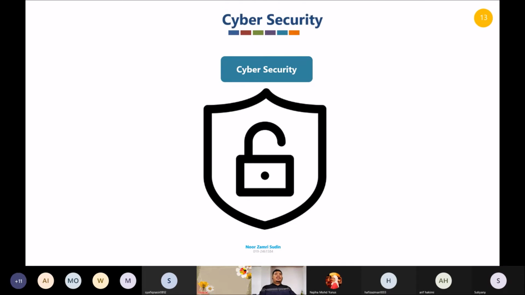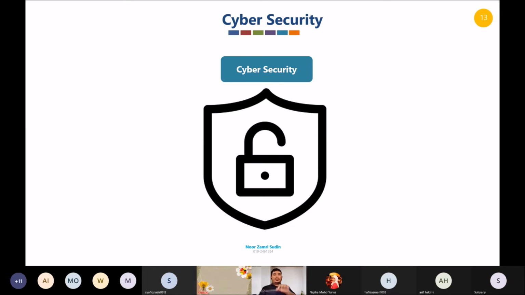Then this is cybersecurity. Cybersecurity is one of the important parts of Industry 4.0 because everything is done online, everything is connected online. So there are a lot of threats from hackers. They do phishing so they can collect your important details and hack into your account. This one you need to be very careful about. The latest famous threat is ransomware. If they can get into your system, in your PC or so on, they can lock it.